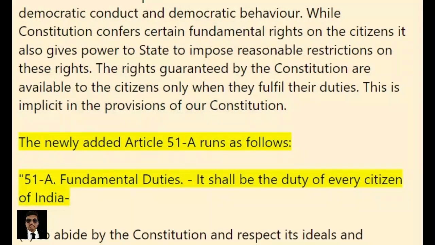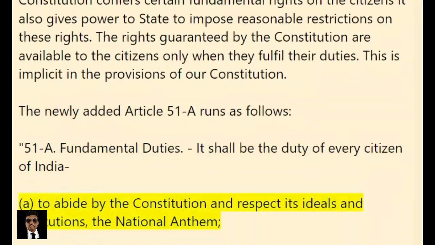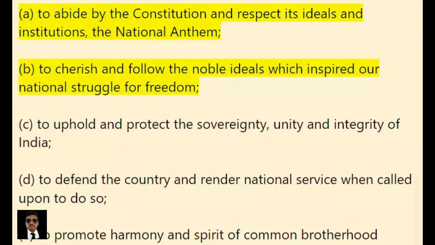The newly added Article 51A runs as follows. 51A, Fundamental Duties. It shall be the duty of every citizen of India: (a) To abide by the Constitution and respect its ideals and institutions, the National Flag and the National Anthem; (b) To cherish and follow the noble ideals which inspired our national struggle for freedom;